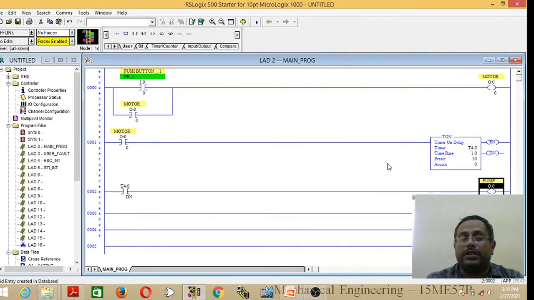Now you'll see when you switch on the input button, the motor will start. As soon as the motor has started, this open contact will be closed and the timer starts counting. Once this timer starts counting, the accumulated time keeps incrementing until it reaches the preset value. This open contact will be closed because we are using a done bit, and once it has been closed the pump will be on after a delay of 50 seconds. Now we have both the first and second conditions reached. Motor is on and pump is also on after a delay of 50 seconds.